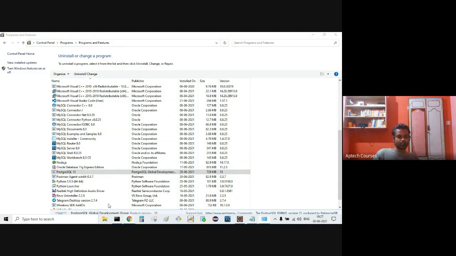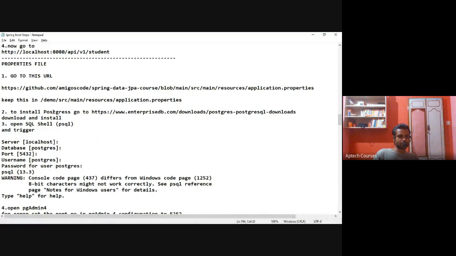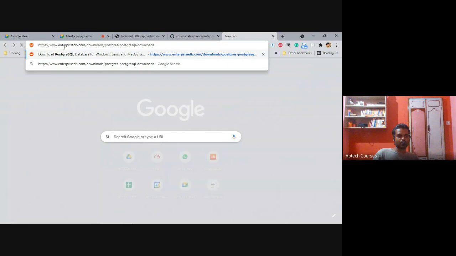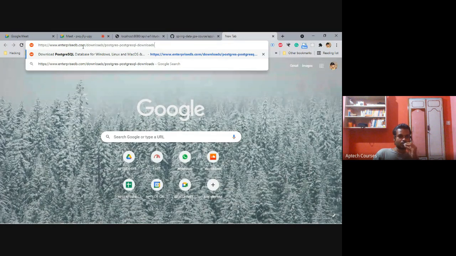In the meantime, I'll show you where we should go for downloading this Postgres. For downloading Postgres for Windows, go to this URL, enterprisedb.com. Download the latest Postgres database.